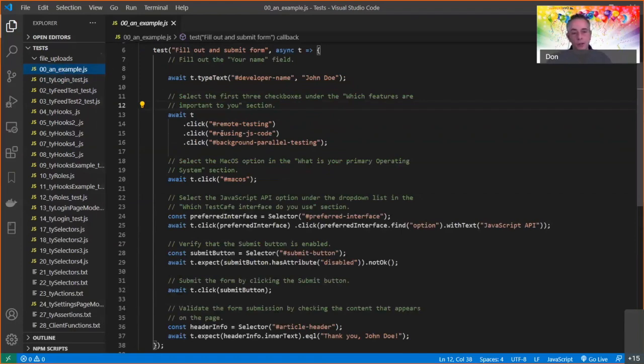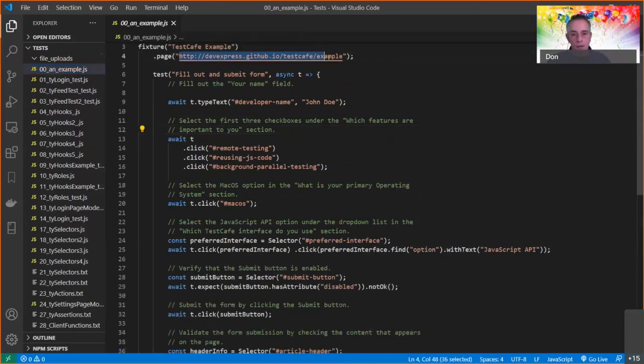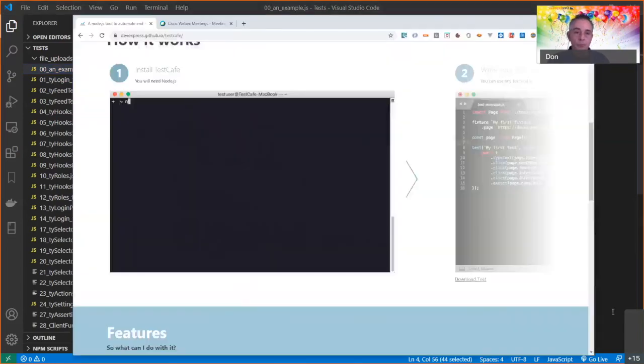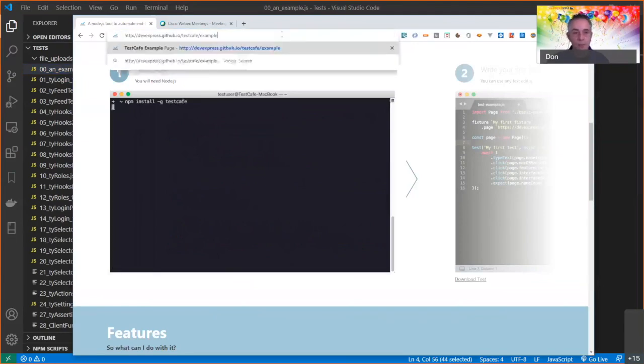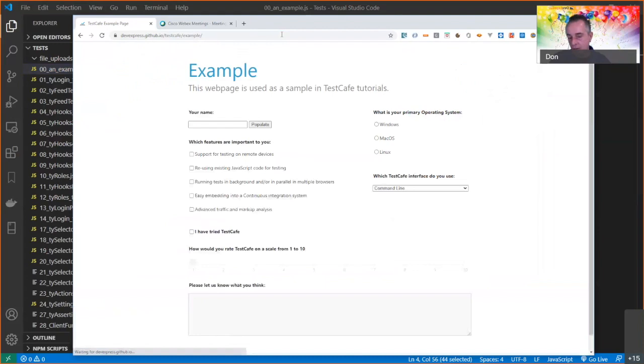And this is the code that is used to run a test. And before we start testing this, I'll first show you the page which we'd like to test. This is something that we have set up specifically for TestCafé. It is a test page that you can use to see if you have configured and installed everything properly. This page is quite simple. I specify a name. I can tick a couple of things here,